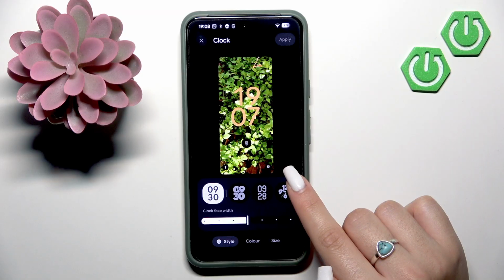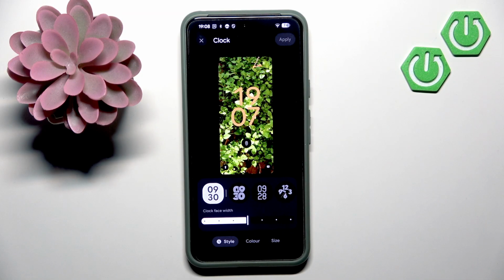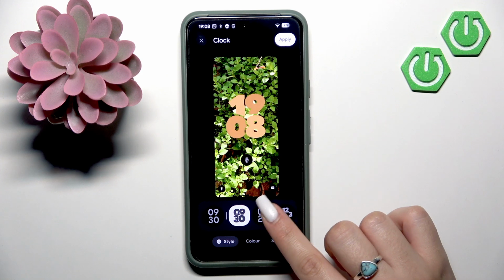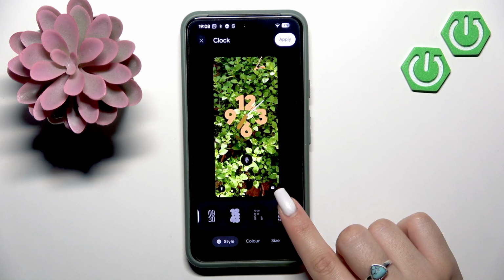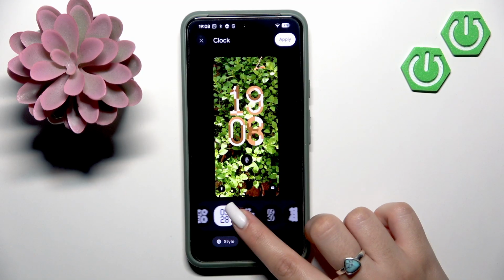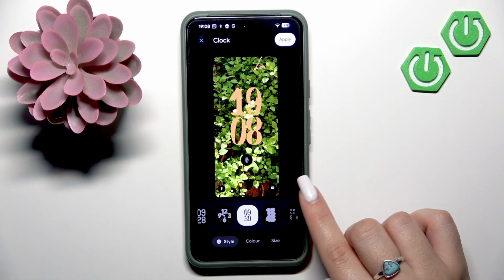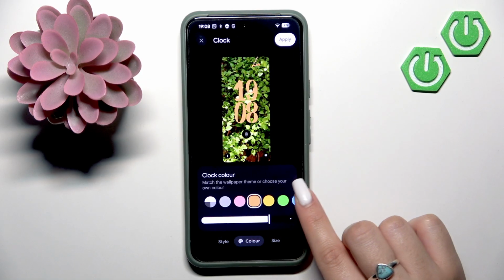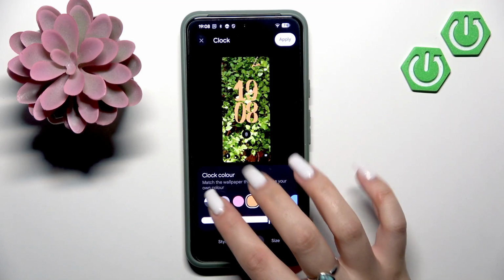section. Let's tap it. And here you can see different styles, different designs. So there are plenty of them, so select the one that you like. I'll go with this one, and additionally you can change its color. So this is the palette. Additionally you can set